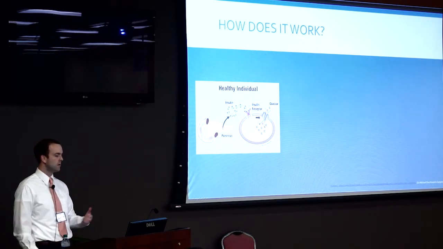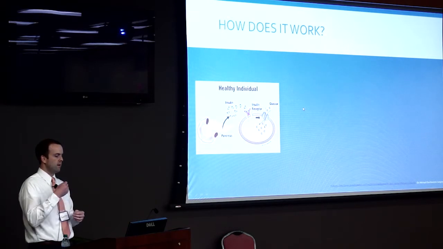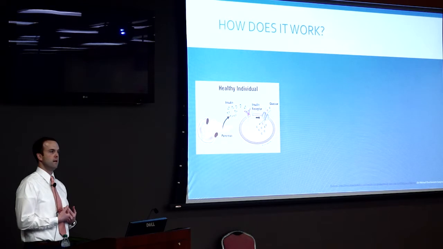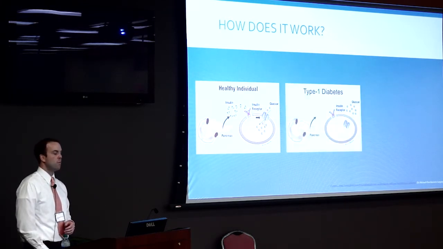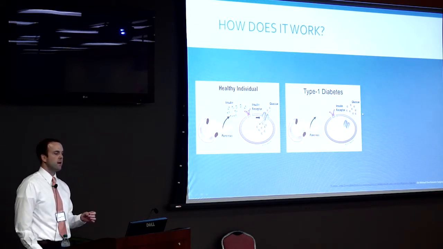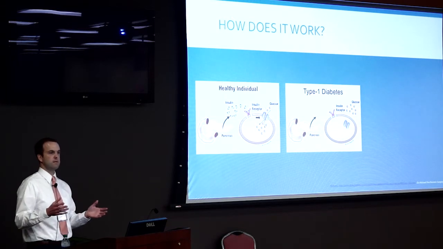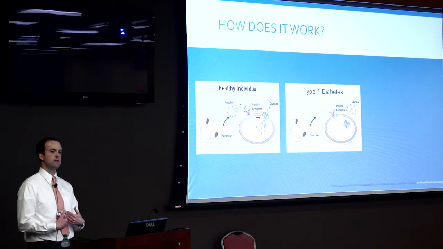In a healthy individual, these little proteins, actually peptides, go around and bind to insulin receptors on cells, and that allows the glucose to enter the cell, right? For storage, for use as energy, whatever. Well, in type 1 diabetes, as you can see, you're missing a factor here. You're actually missing the insulin. So your body has lots of glucose floating around, but there's no way to allow that glucose to enter the cell.